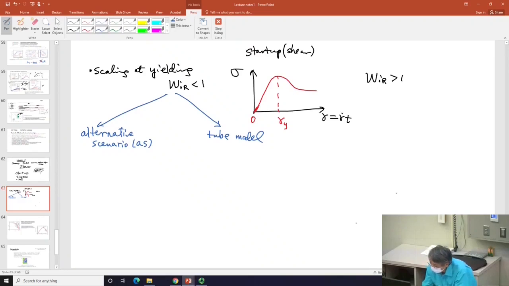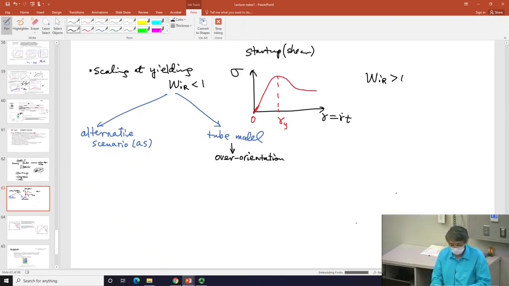The tube model says this maximum occurred because of over-orientation. I explained in the beginning part of chapter 16. And specifically, we are talking about